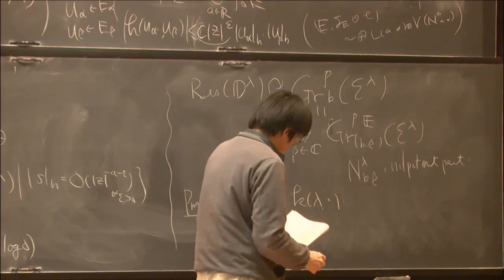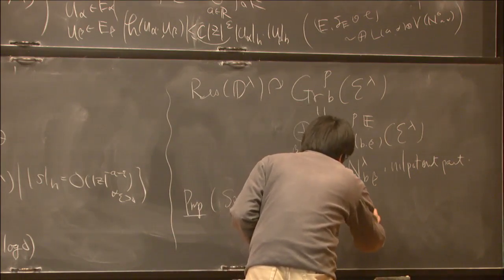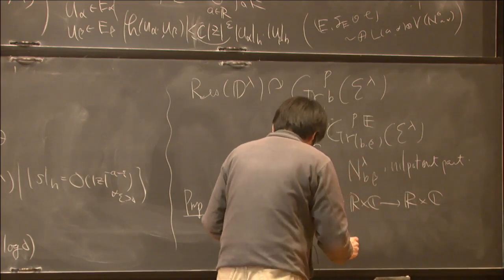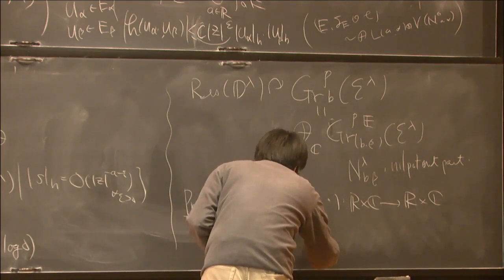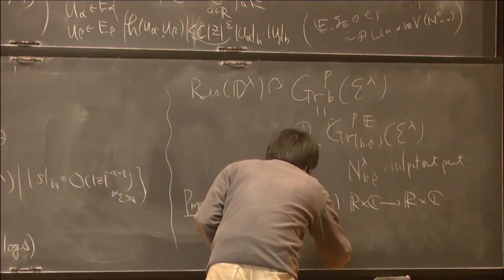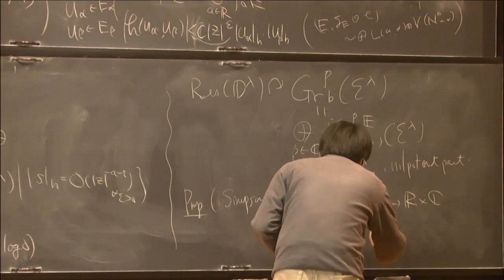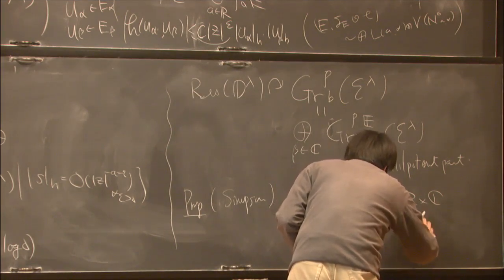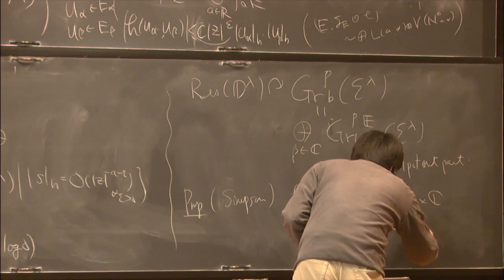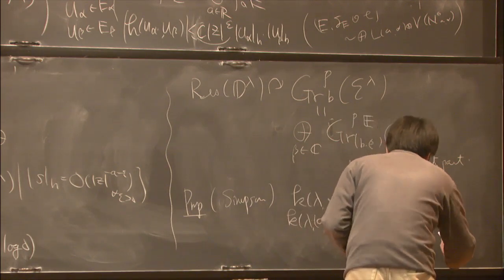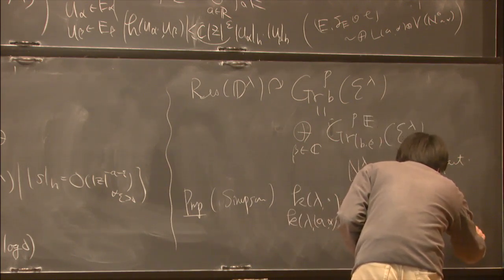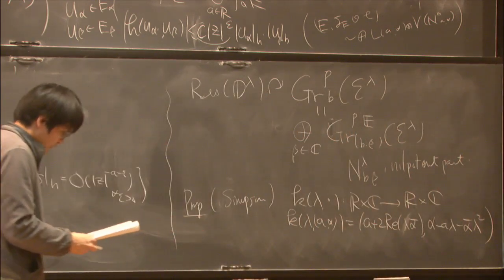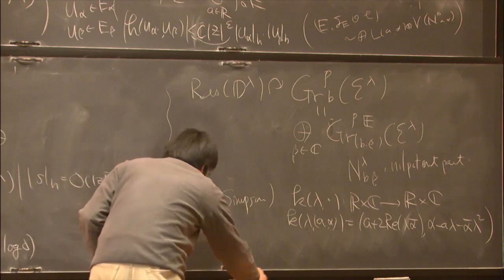We define K lambda from R times C times R times C, given as K lambda (a, alpha) as a plus 2 real part of lambda alpha bar and alpha minus a lambda minus alpha bar lambda square. Then we can show